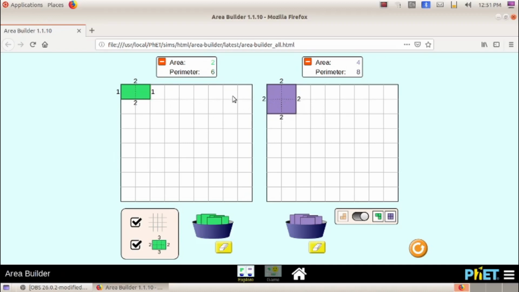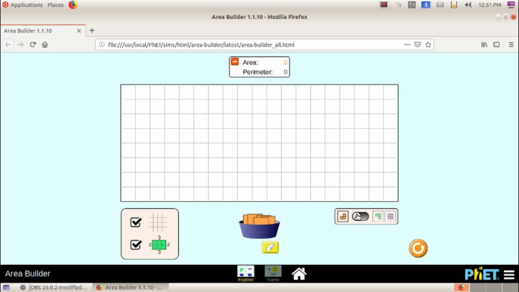Now you can compare the rectangles or squares. Okay, this side the area is 2, perimeter is 6. For this square, area is 4, perimeter is 8. So you can compare the rectangles or squares. So that is the use of this button. Okay, now if you want to go back to one single window, click again here. So it will be like old, a single window. So that is the use of this button. So hope all are clear about what we have studied today.